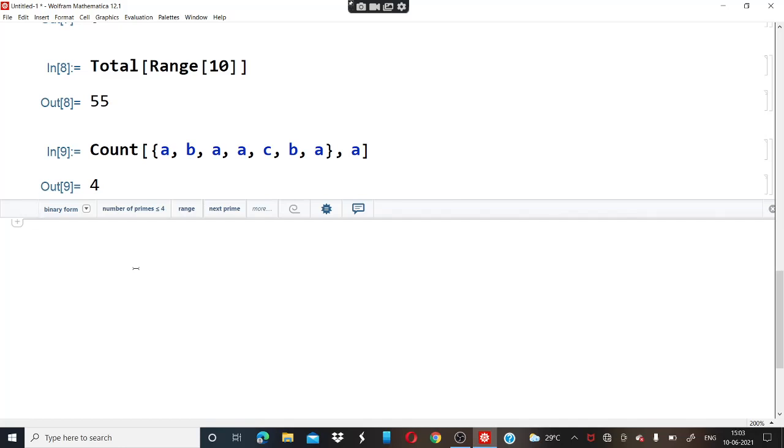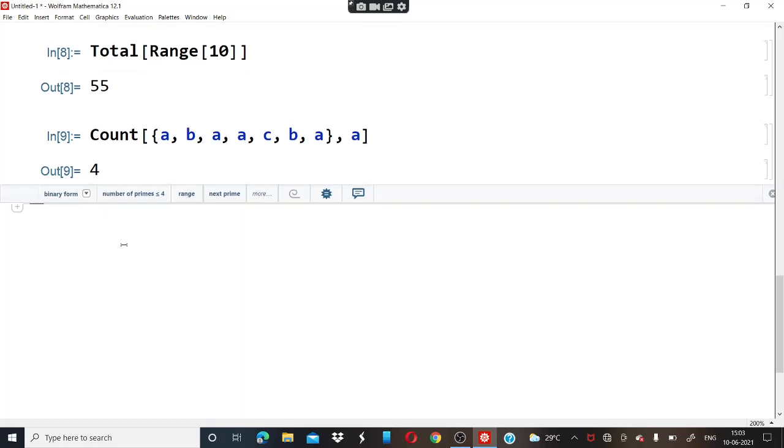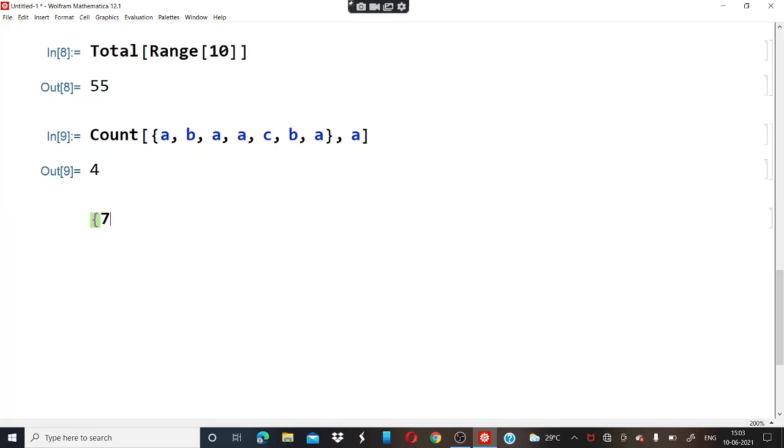Now let's check how to find the first element or the last element of any series or any list given. For that, let us suppose we have the list of 7, 6 and 5. We will separate this with commas and close this bracket.